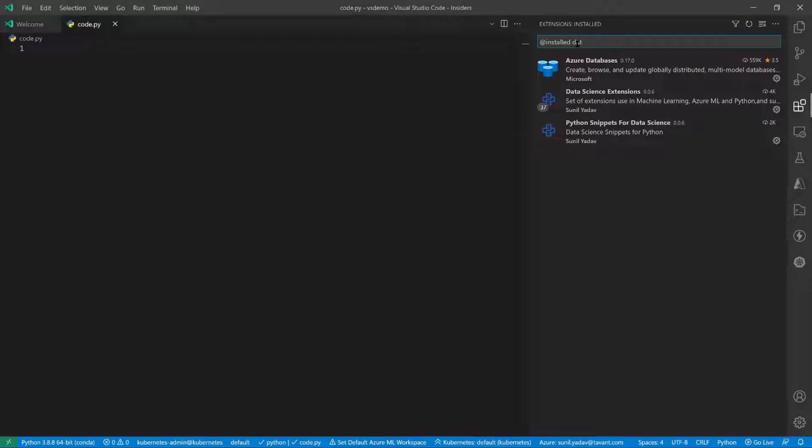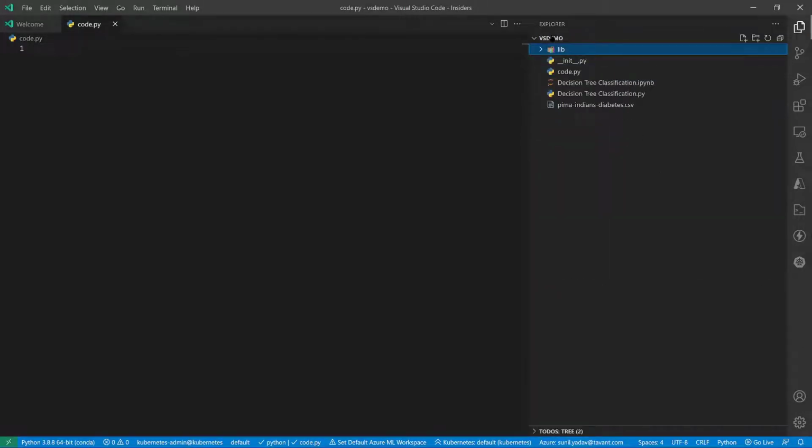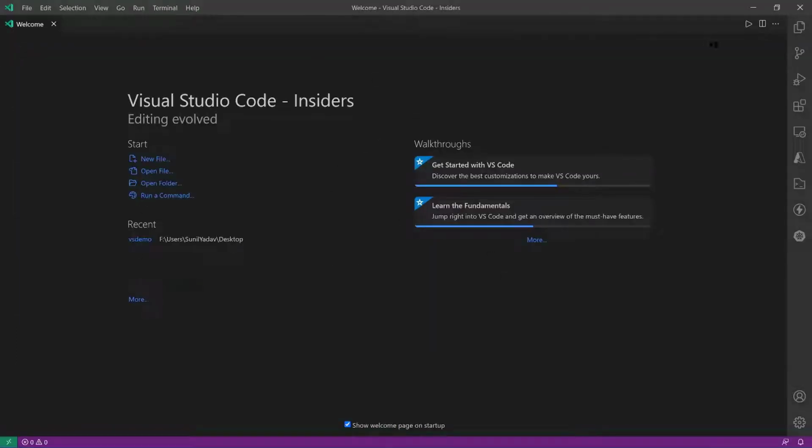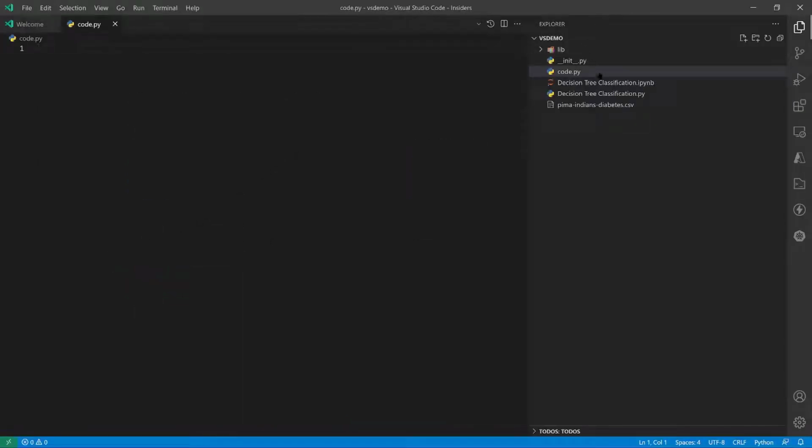And with that, I have a folder on my desktop named VS Demo. I have opened it. How to open a folder: let me close it. This is the screen you will get once you have installed Visual Studio Code and the extensions. You can open a folder, or if you opened the folder earlier, you can go to Recent and click on it to open the same folder. I was telling you that in less than one line of typing effort, you can do this.